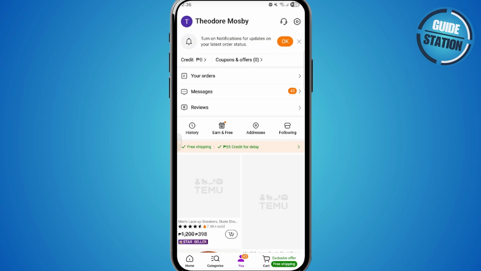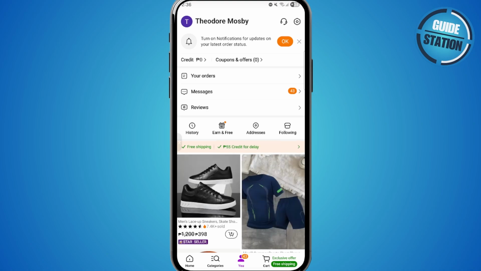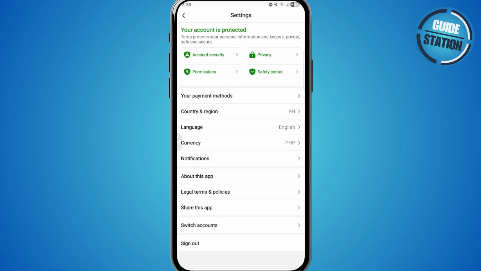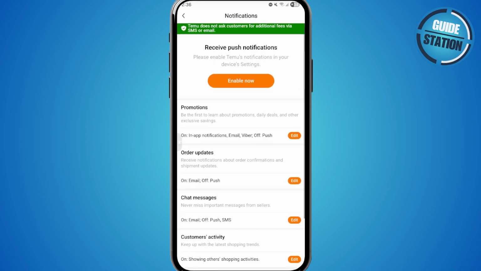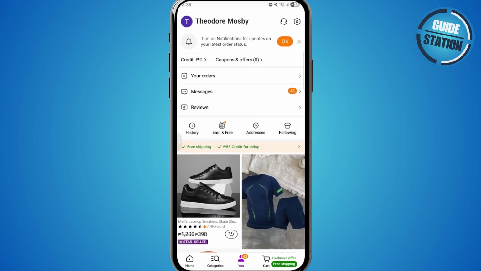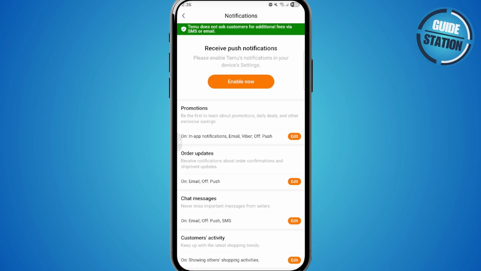Now, inside the Temu app itself, the best thing you can do is reduce notifications. So to do this, go to your profile and then click on Notifications. Then you want to choose Notifications. Right, and then from here, what you need to do is turn off push notifications. Now this stops Temu from constantly sending pop-ups through notifications. Again, on your Temu app, just click on the settings icon right over here, notifications, and turn off pop-ups through